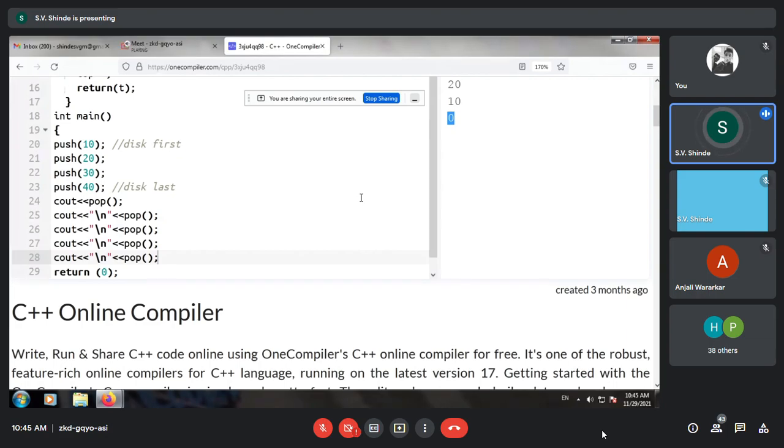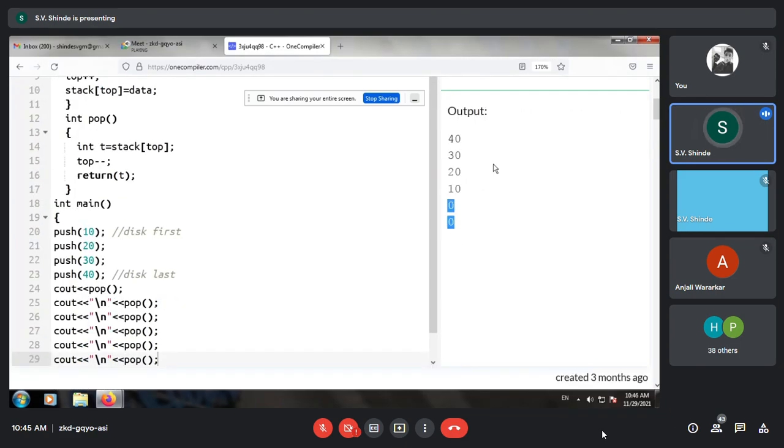So I have never inserted 0, but it is giving me the garbage value. To avoid this, we have to use a function to estimate that the stack is empty. So instead of getting zeros or some garbage values at the end of popping for unknown data which is not there, this condition is to be avoided, and therefore we have to implement two other functions, that is stack full and stack empty.